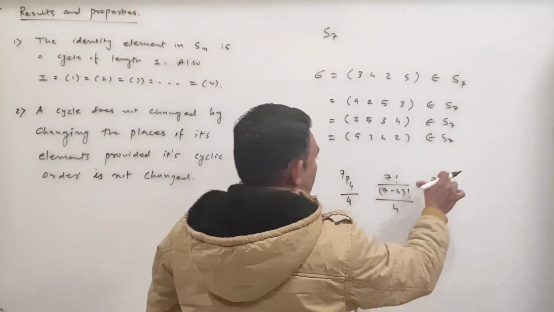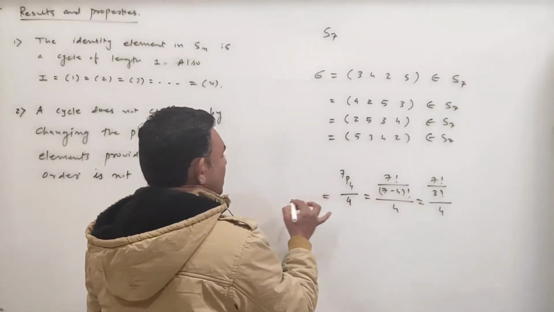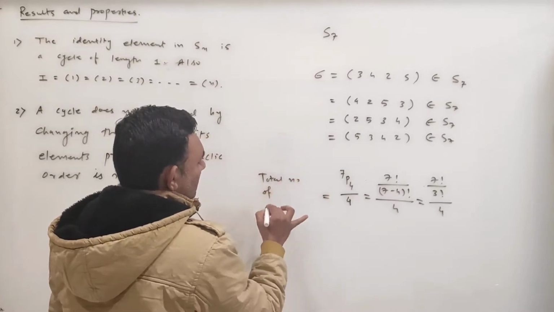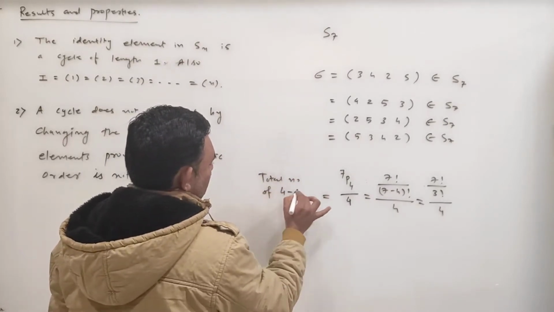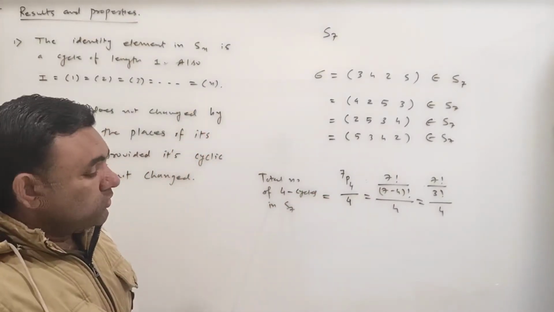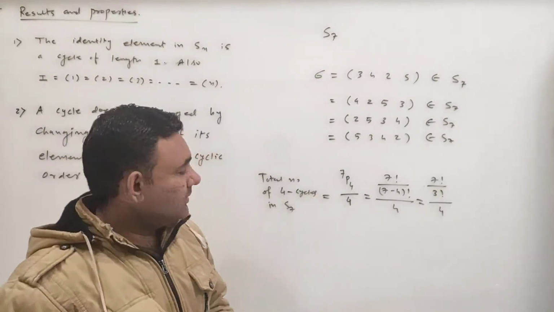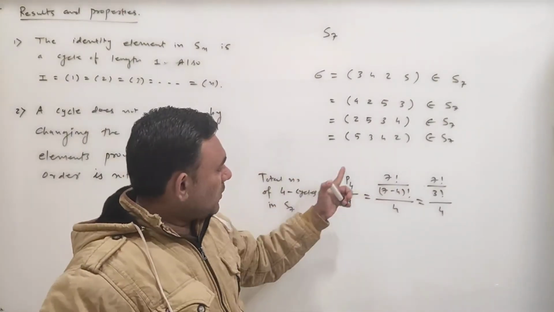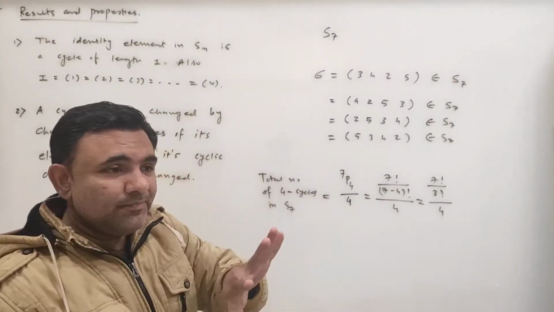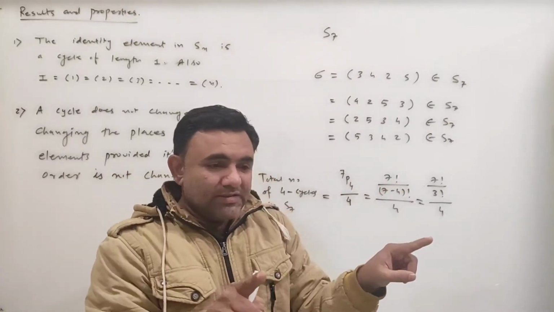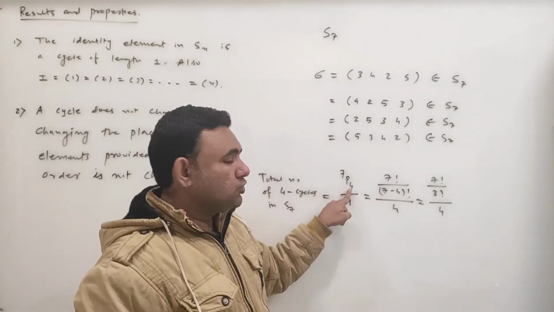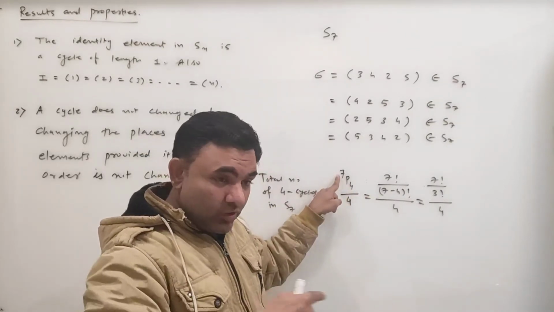So this is the total number of 4 cycles in S7. So how many 4 cycles are there in S7? Then this is the counting of 4 cycles in S7. So first, what did we do? How is a 4 cycle formed? It has 4 distinct objects. So you choose 4 objects out of 7 objects and then you arrange it, so that